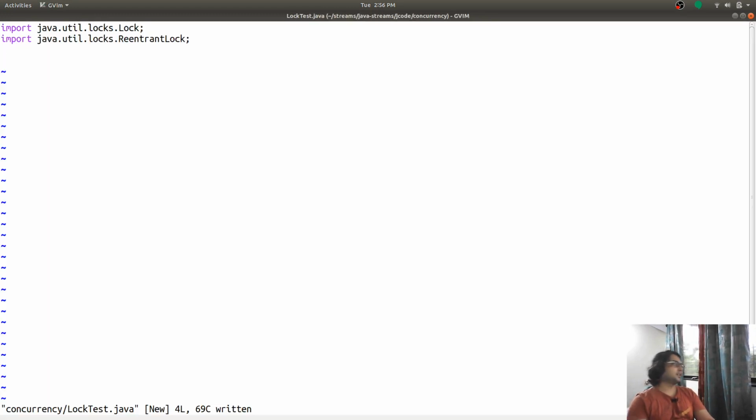So what is this? Why is this called a reentrant lock, not just an entrant lock or something like that? Because we can get multiple locks using the same lock object. The same thread can acquire multiple locks using the same object, on the same function, multiple times. So this is why it is called a reentrant lock.